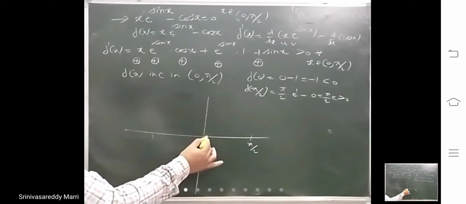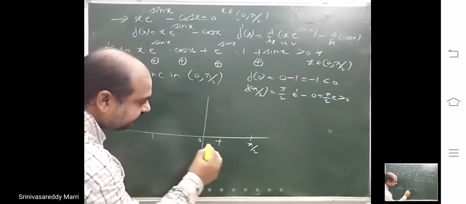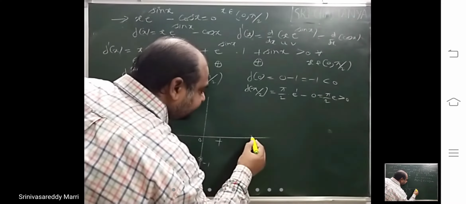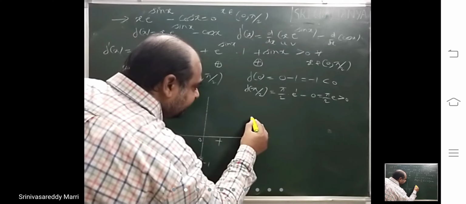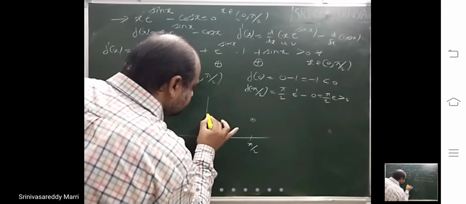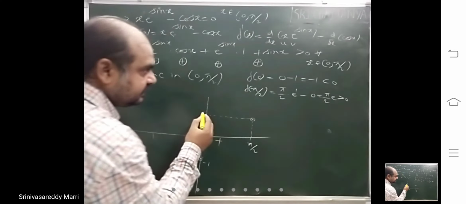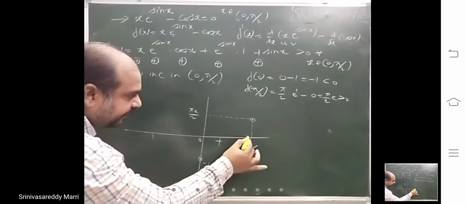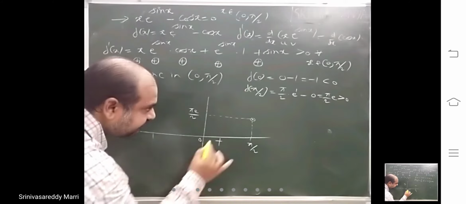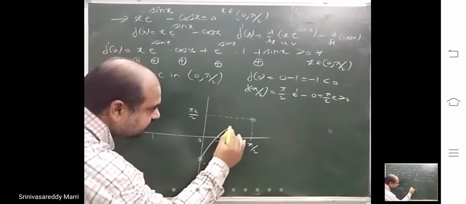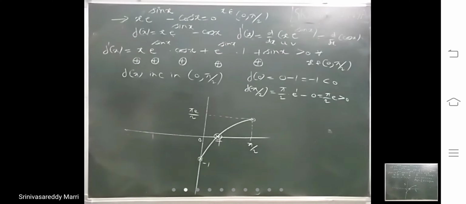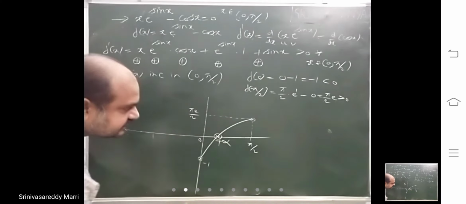Right? It increases, plus sign means increases. F of pi by 2 is a positive value, whatever it may be, somewhere here, let us say a positive value. This is pi e by 2. So from 0 to pi by 2, connect this point from bottom to top. That means how many roots? One root. That is the answer. Positive root, one root answer.